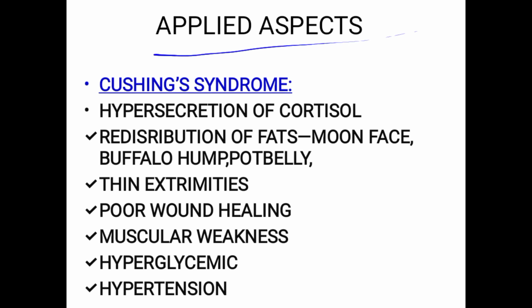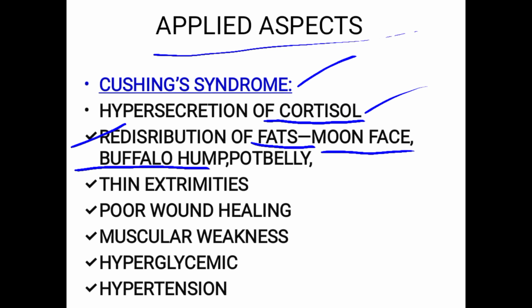So next one is the applied aspects, that is Cushing syndrome. In Cushing syndrome there is hypersecretion of cortisol, excessive secretion of cortisol. So it will lead to redistribution of fats. The fat can be deposited in the face, leading to moon face, buffalo hump and pot belly, which are the important features of Cushing syndrome.